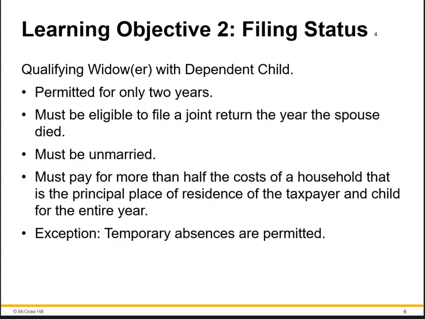2024 is clear cut. But 2025, I must pay for more than half the cost of a household as a principal place resident of the taxpayer and a qualifying child, dependent child. Okay, and that child needs to be under 13. Okay, so it's not just any child, because we'll see later that a child typically could be up to 19, but not for this particular situation. Okay, this must be a dependent